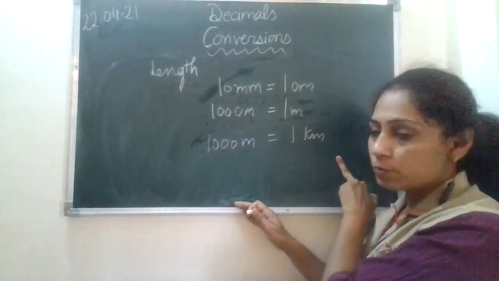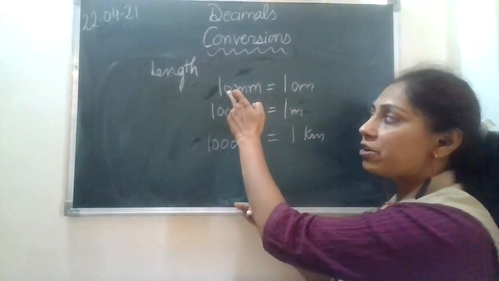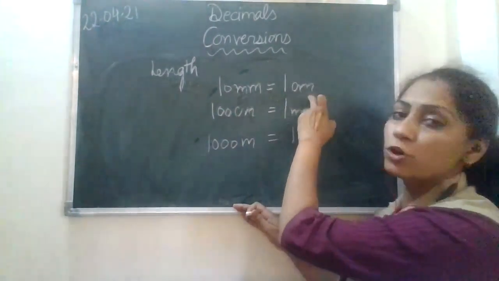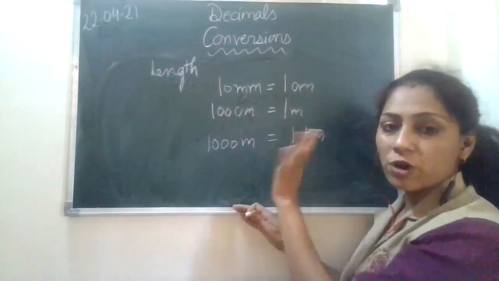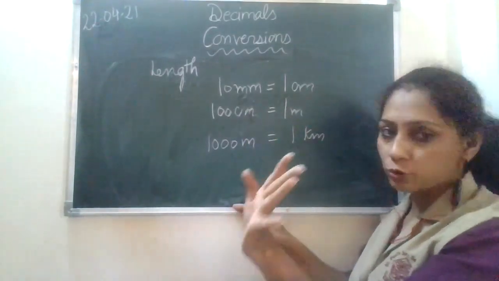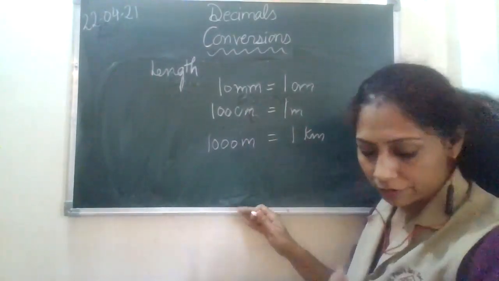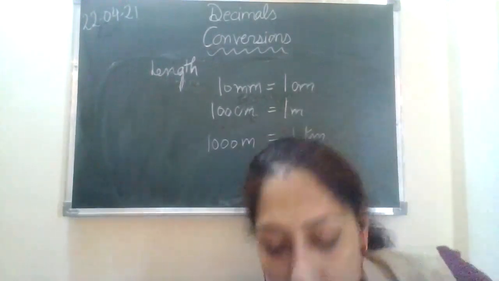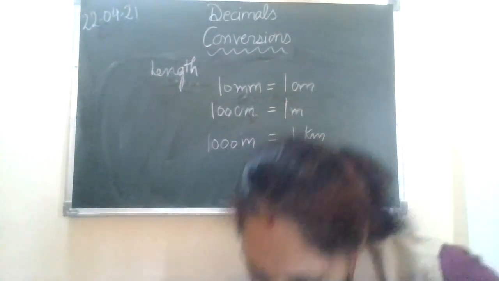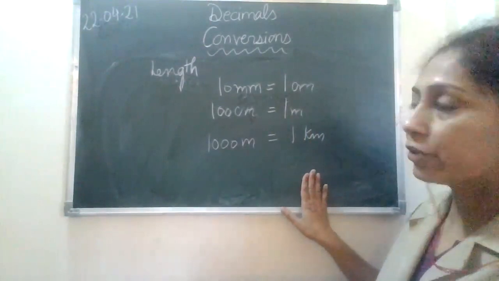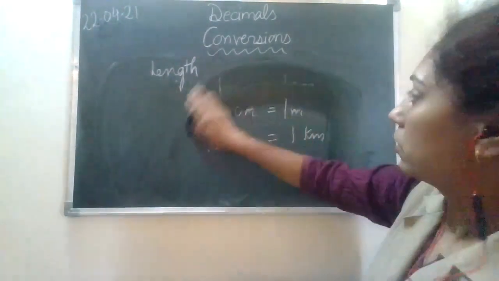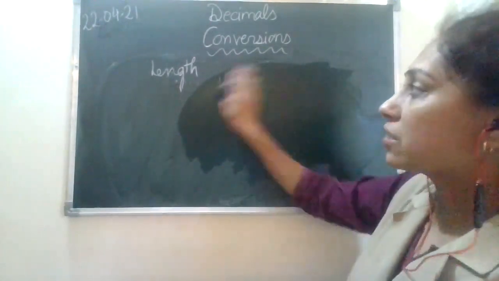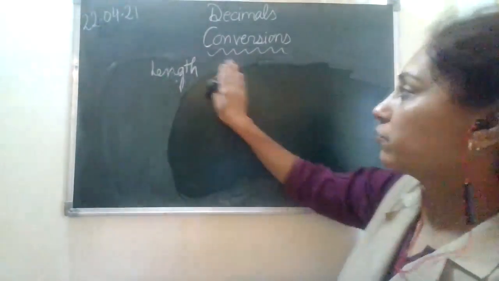Again, the concept is going to be the same. If you are going to travel from smaller unit to bigger unit, you are going to divide. If you are going to travel from bigger unit to smaller unit, you have to do multiplication. Same as I told you in money also, right? So here we go with the questionnaire. Now, I hope this is clear with you. You can always note it down. We are going to switch on to the question now. Okay. The basic core would be the same for all the conversions.